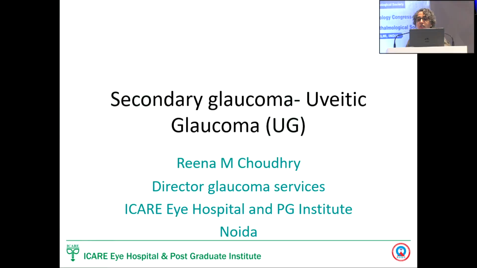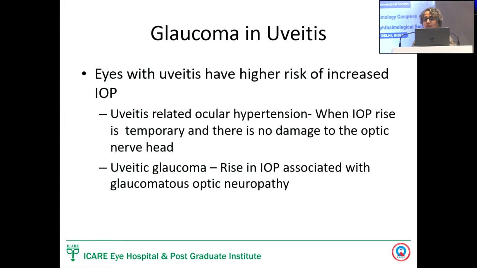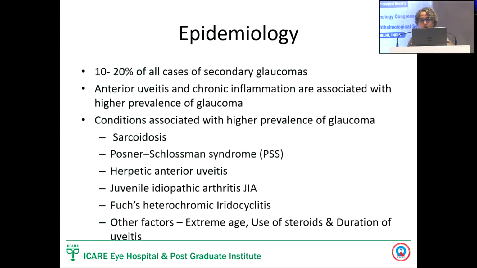Basically, I'm talking about glaucoma in eyes with uveitis, and we all know that the risk of glaucoma in such eyes is a little higher compared to eyes without inflammation. And also, as Dr. Radhika mentioned right in the beginning of the session, we do need to understand that if the optic neuropathy hasn't set in, you're basically having uveitis-related ocular hypertension, which can sometimes be entities only associated with viral or steroid response in such eyes. But even otherwise, if the optic neuropathy doesn't set in, it's basically secondary ocular hypertension. And uveitic glaucomas are about 10 to 20% of secondary glaucomas.